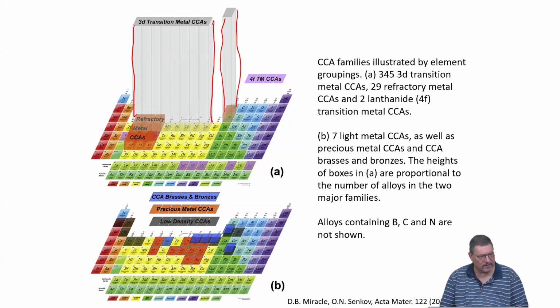And then also low density CCAs, based on just elements which have a low density by themselves, are there, but not in abundance. So there are not many of those reported in literature. And so if you are going to make your own high entropy material, it's probably best to look into the similar elements which have been used so far, because there is a reason why these are abundant. And that's because they can mix easily to form complex solid solutions, because they have rather similar properties.